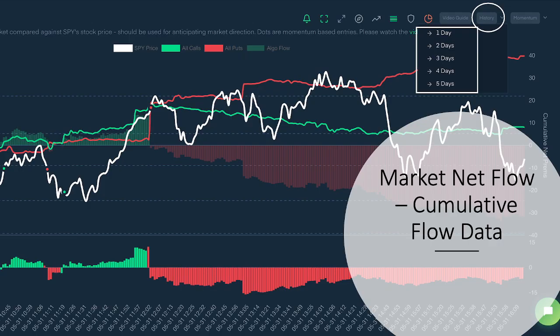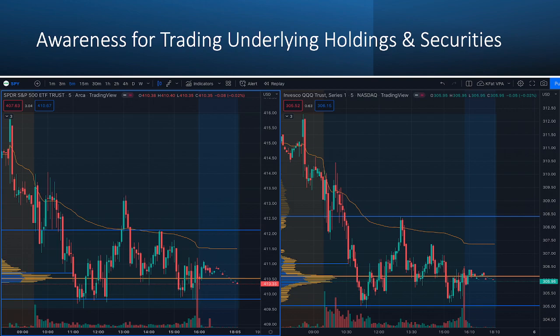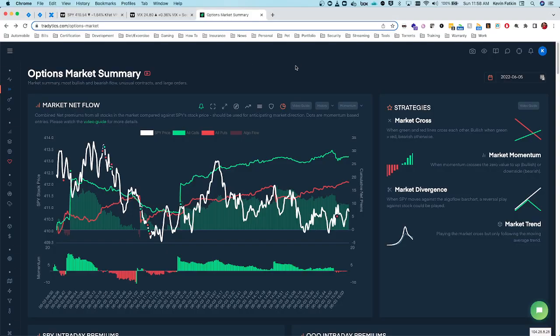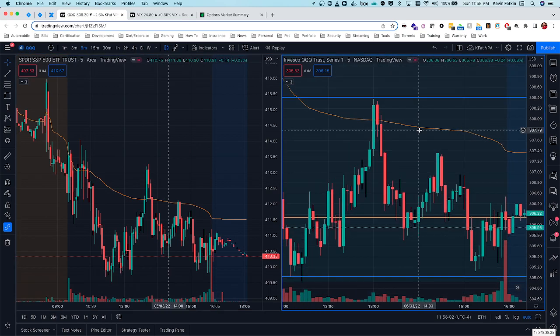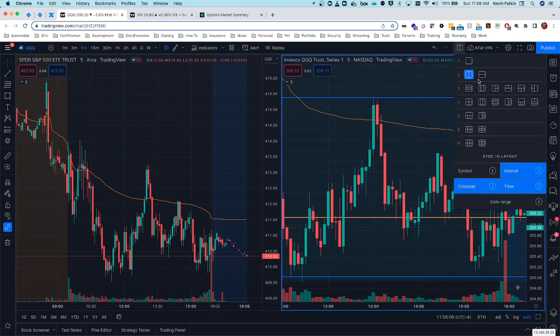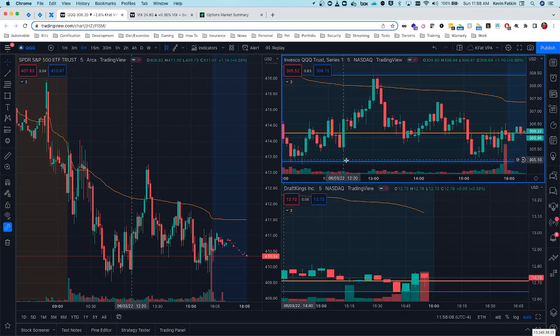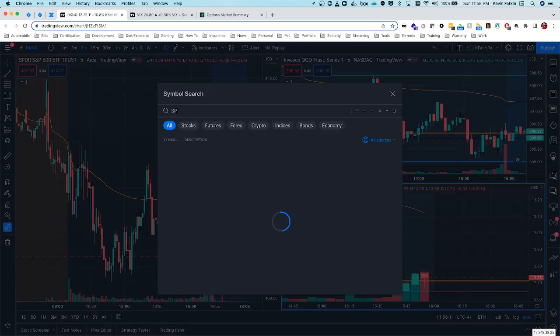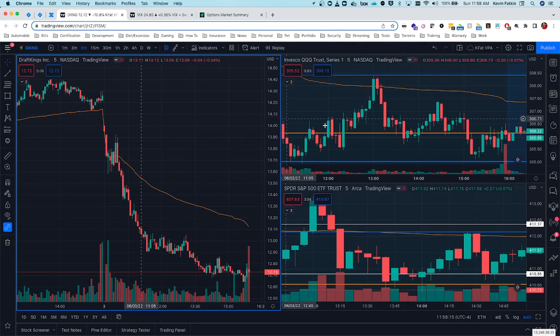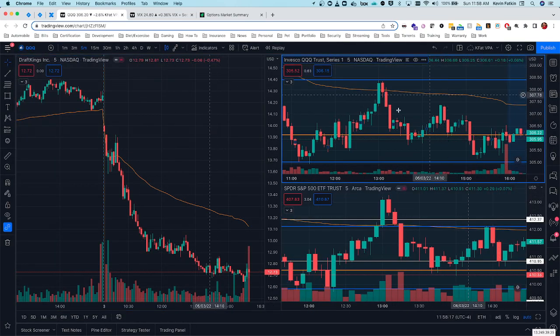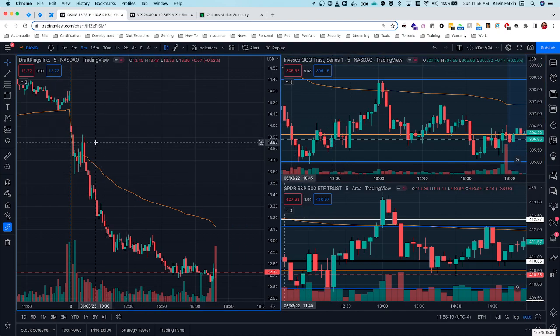Now, I just want to talk about if you're trading underlying securities, so you're not trading SPY and QQQ. What I recommend doing is using SPY and QQQ for your market awareness. So just have SPY and QQQ up. It doesn't matter what you're trading. You can even do this sort of setup. Like on Friday, I was waiting for a setup on DraftKings. So what I did is I had SPY and QQQ up next to it, and I was actually looking for